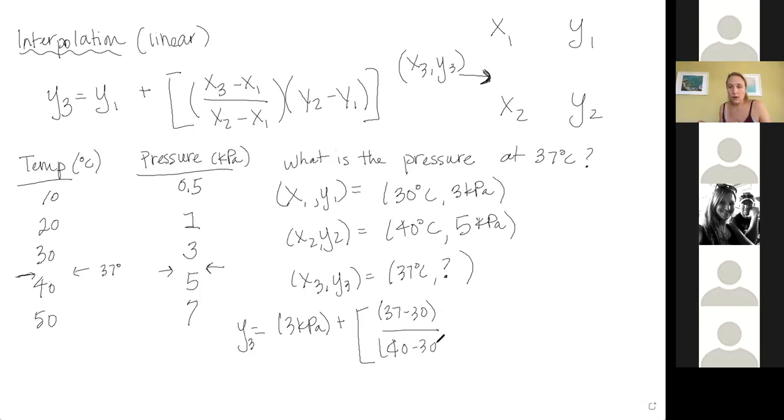And then this is all going to be multiplied by y2 minus y1, which is 5 kilopascal